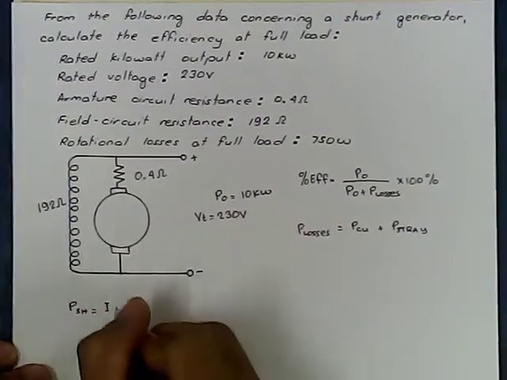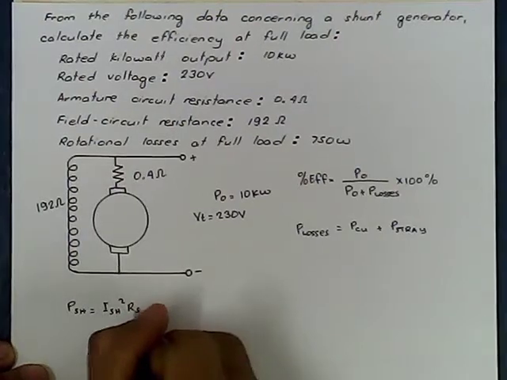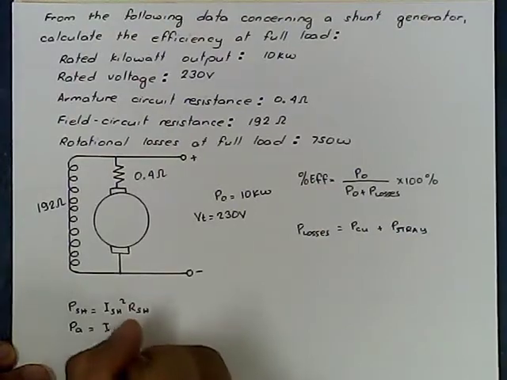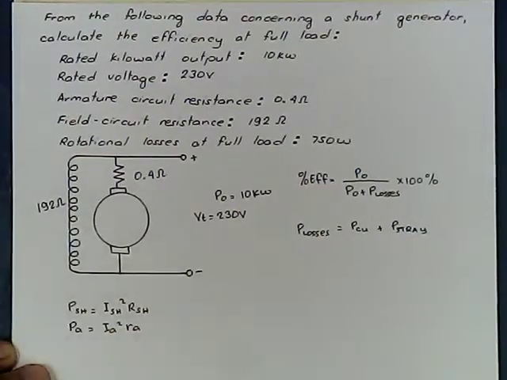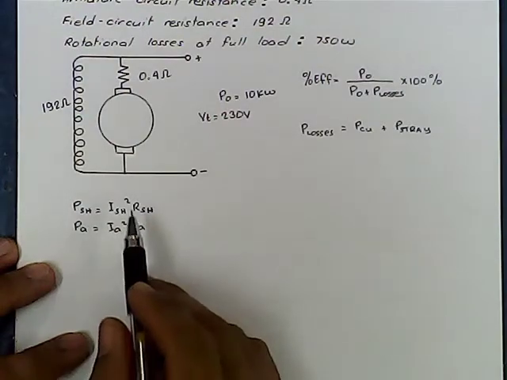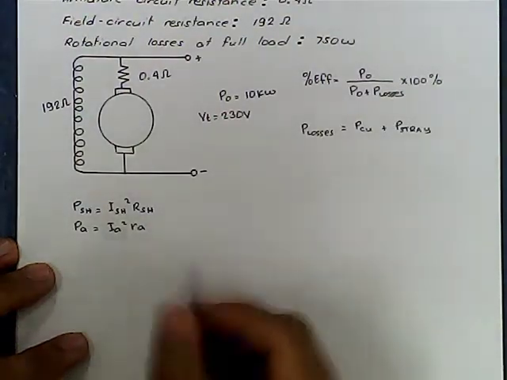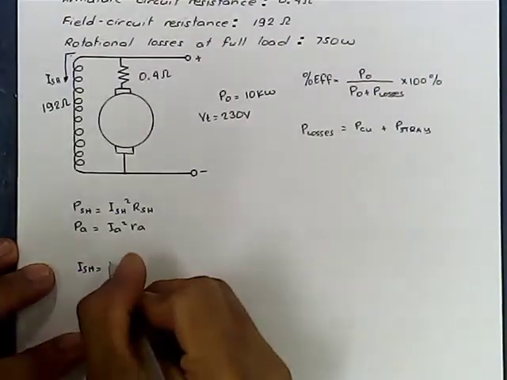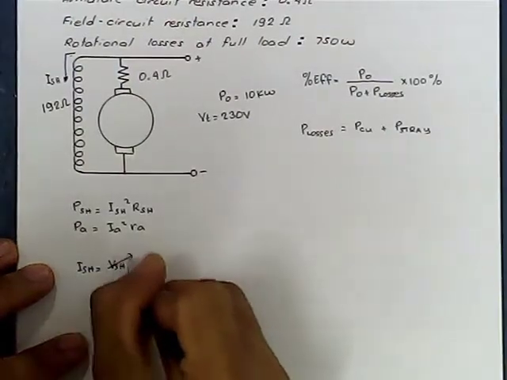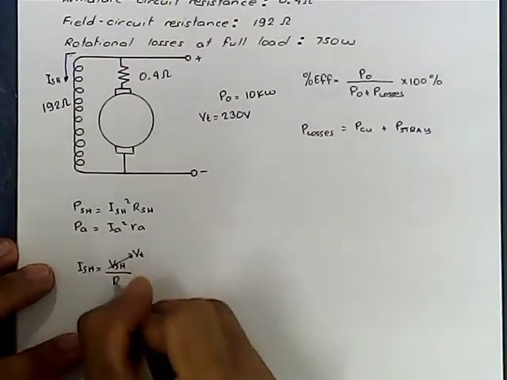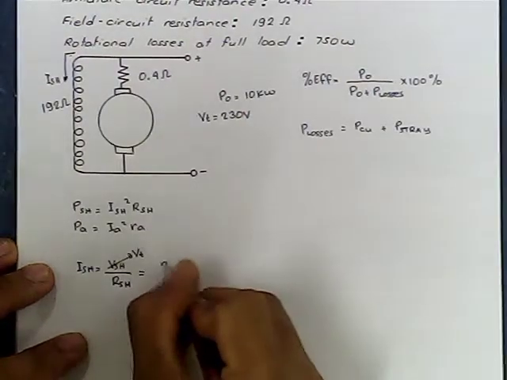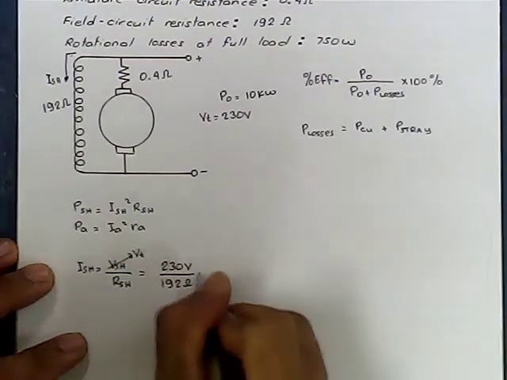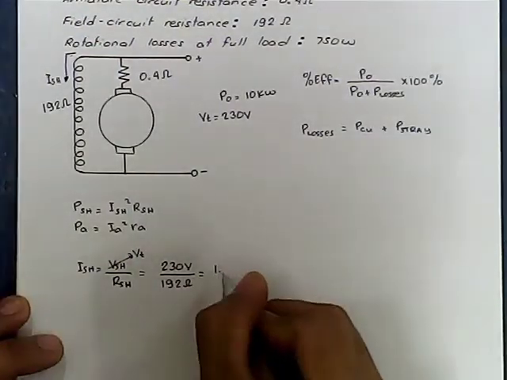PSH. Again, yung formula nito. And armature copper loss, I squared times RA. Unahin natin yung shunt field copper loss. Kunin muna natin yung shunt field current. ISH equals VSH, which is equivalent to the terminal voltage, divided by RSH. We have 230 volts divided by 192 ohms. This is 1.198